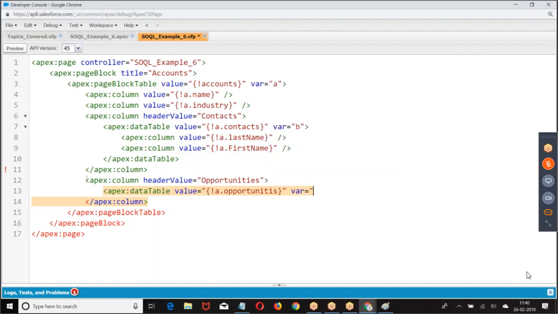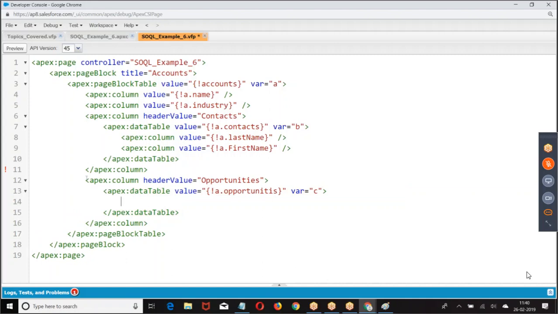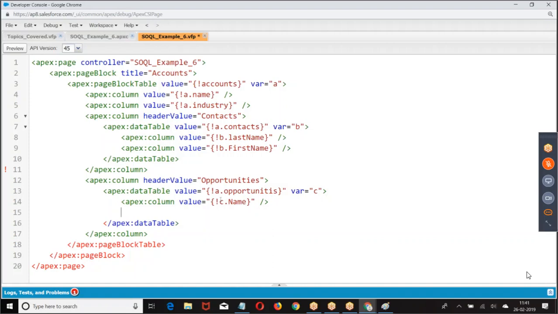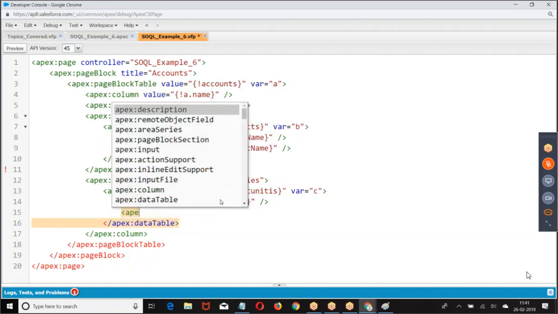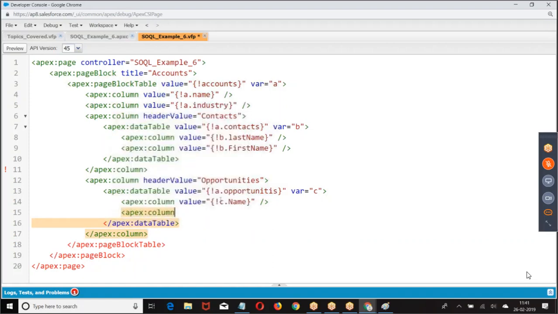Try to understand this point carefully. We're going to write a lot of logic on this. C dot name.